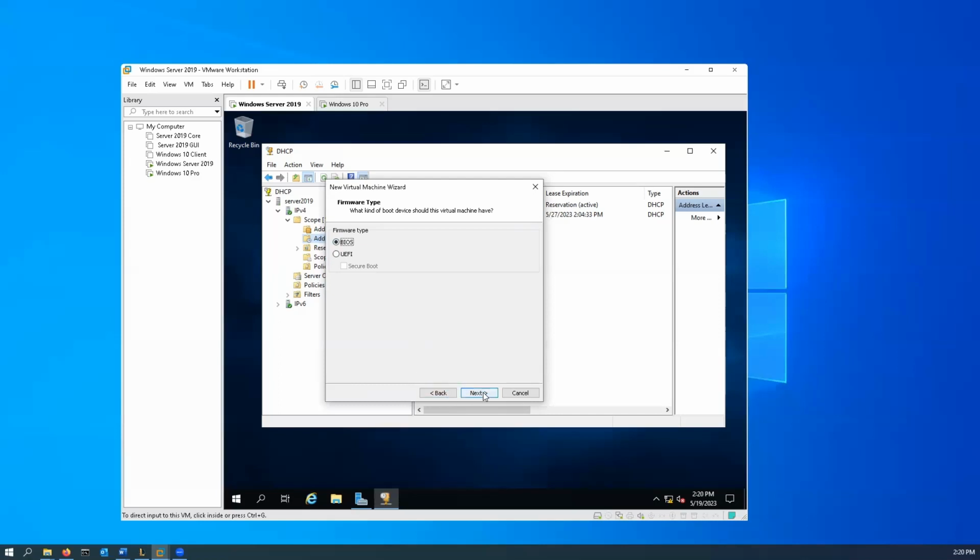Firmware type, we'll stick with BIOS. No need to change that up. Number of processors is fine. And we'll make this 4 gigs. Now,